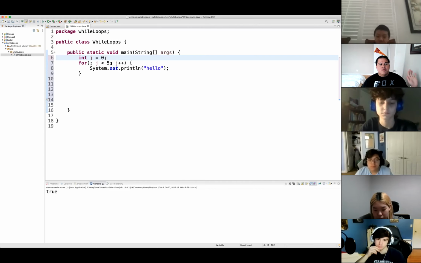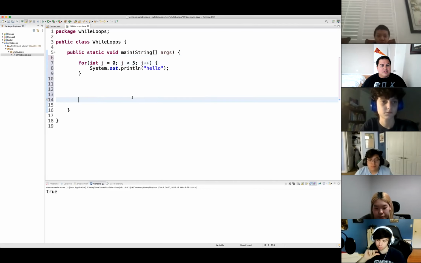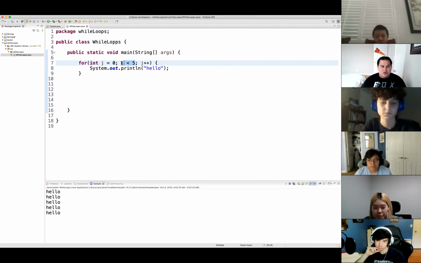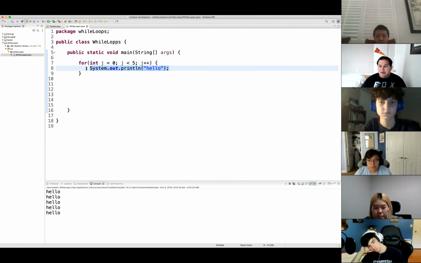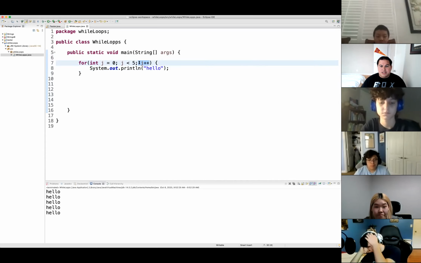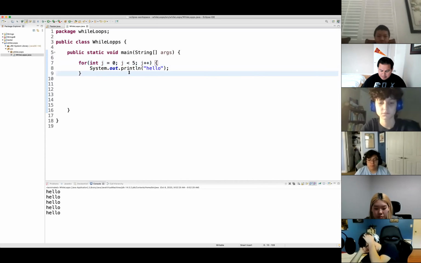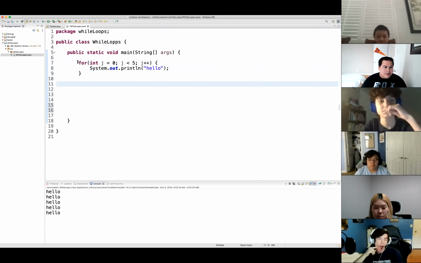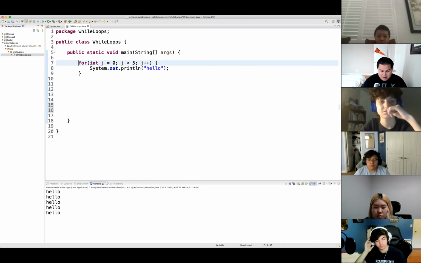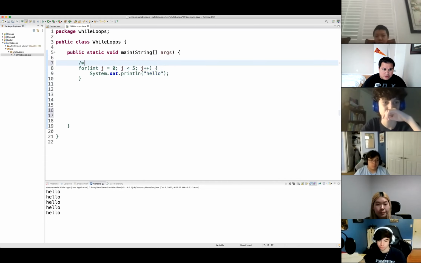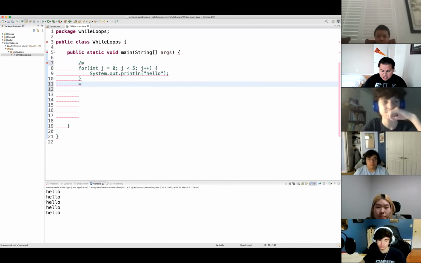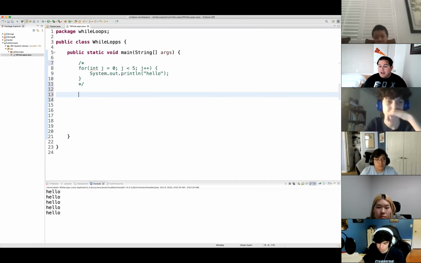So for right now, what we're going to do is, this loop right here, okay? This just prints out hello 5 times, all right? Uses a local, uses a conditional statement. So step 1, step 2, if step 2 is correct, we go in and we run our code, which is step 3. And then last we do step 4, which is our step expression, okay? I'm going to now make this a block comment, okay? And what we're going to do is we're going to now rewrite this code using a while loop, okay?